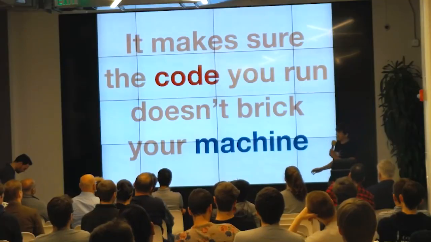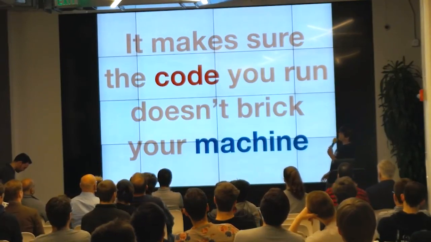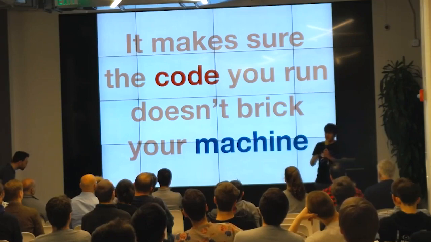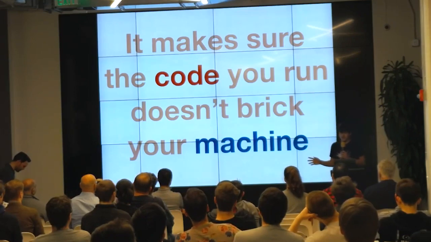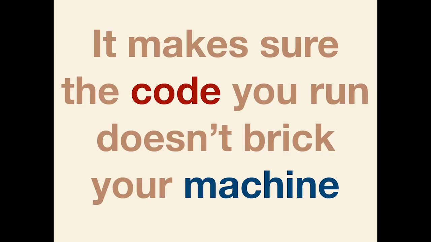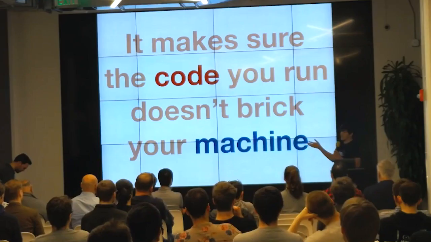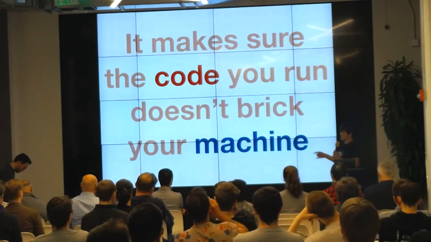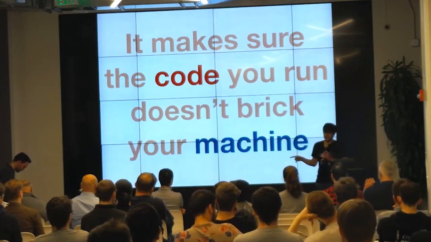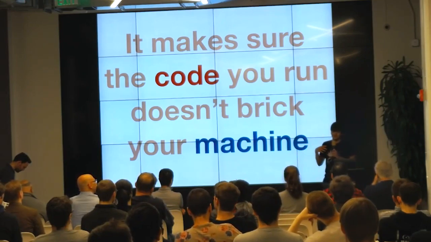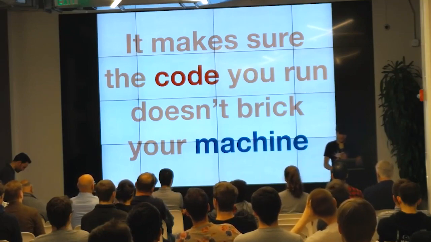So essentially, the definition I'm going to use is that it makes the code you run not break your machine. And that isn't totally correct either, but it explains an important part of an operating system's job, which is that an operating system makes sure each program doesn't break anything outside of its little walled garden. And this obviously doesn't always work, but it does most of the time. So that's the really important part about operating systems, and Nebulet exploits this property of operating systems to potentially make it faster, among other benefits.